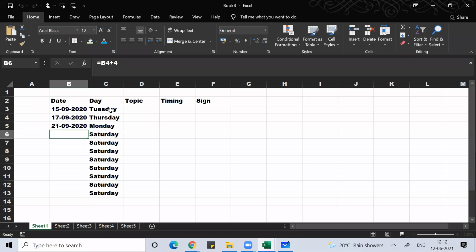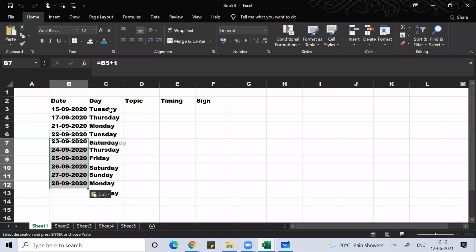Simply, I hope you are getting it. So you can use equal to sign and then plus. Then next day only I did training. So after Monday, I did training on Tuesday, plus one. I hope you're understanding, guys. So this week I did complete. Then continuously I did training. I'll just copy this formula, Control C, then Control V. When I do Control C, Control V, I'm not going to do training on Sunday, no.